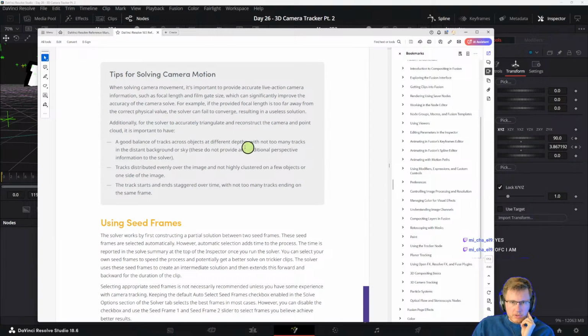For example, if the provided focal length is too far away from the correct physical value, the solver can fail to converge, resulting in a useless solution. Additionally, for the solver to accurately triangulate and reconstruct the camera and point cloud, it is important to have